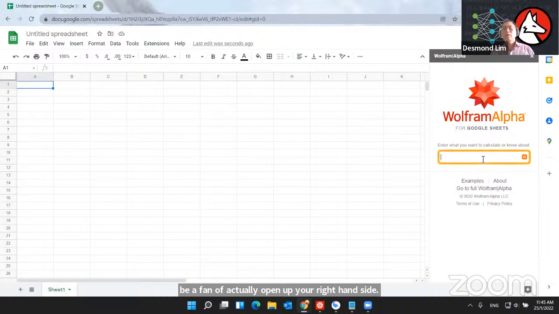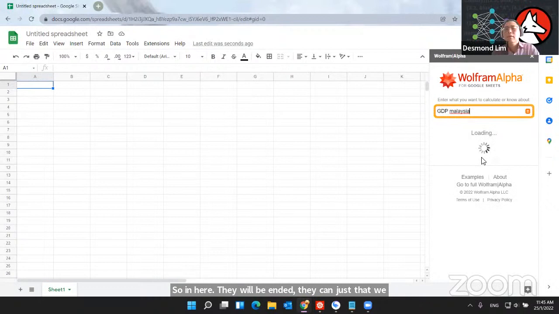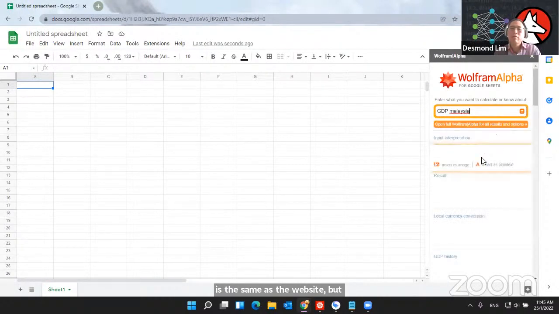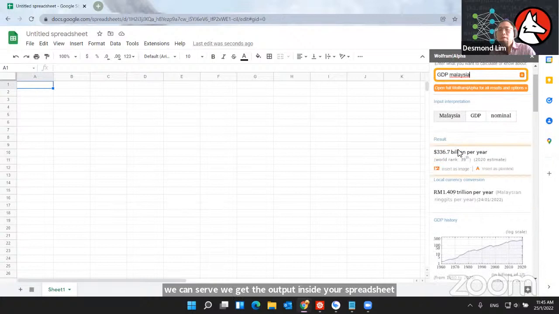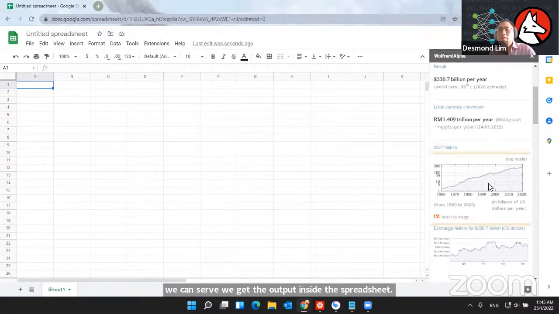So in here, it will be handy. You can just type what we want. Let's say GDP Malaysia. It's the same as the website, but it has the built-in feature so that we can straight away get the output inside your spreadsheet. So you say this is the result. Let's say this is the GDP history. You can see they have the option insert as image. If I click this one,